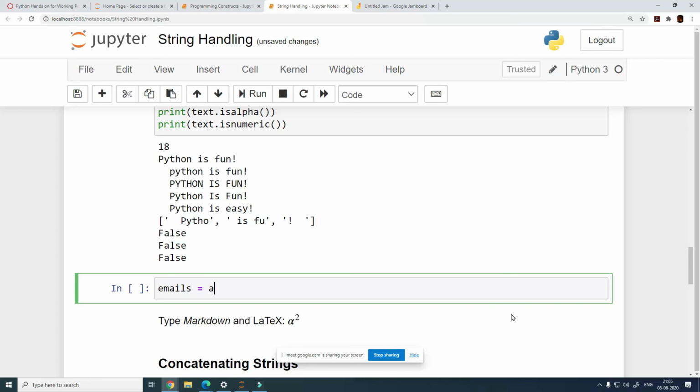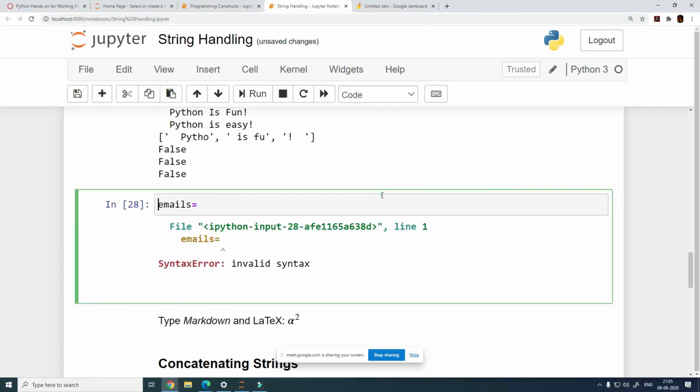Emails is equal to, wait, I accidentally pressed enter. abc@gmail.com. I'll take easy examples.